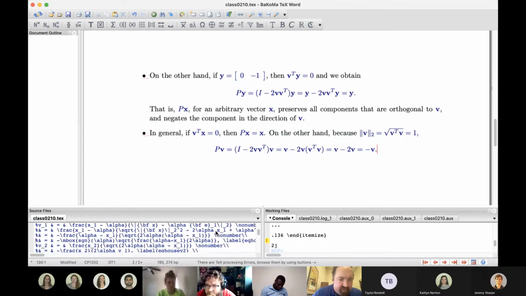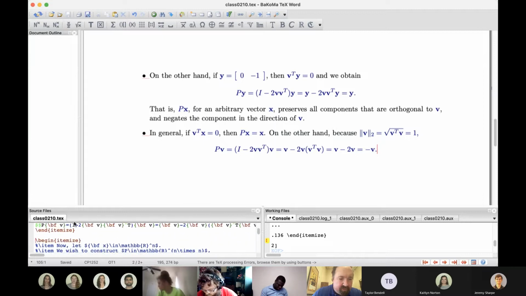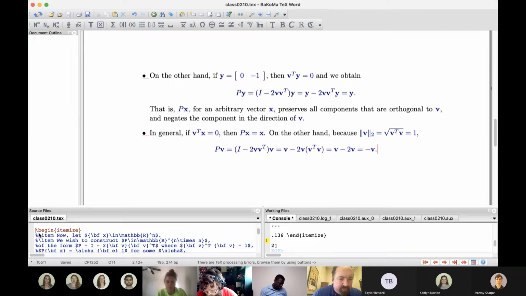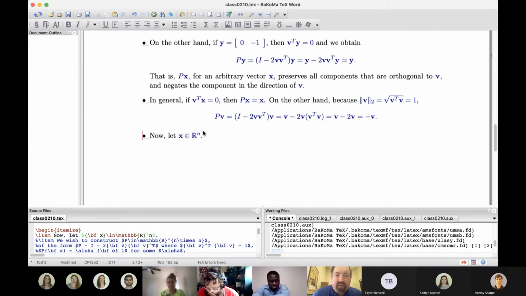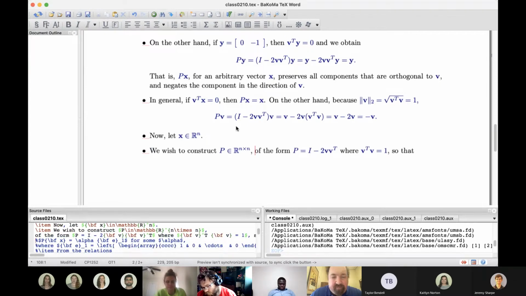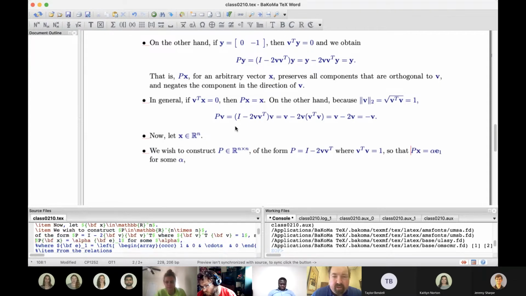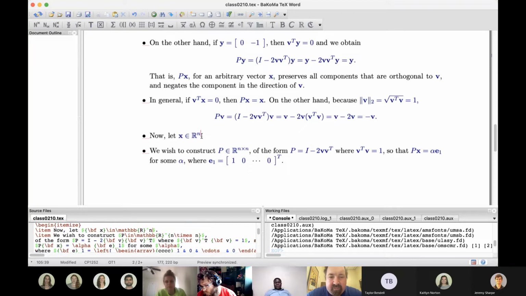Okay. We want to see how this can be used to zero out elements of a column of A to try to reduce it to upper triangular form. So before I move to working on a matrix A, I'm just going to work on a vector X. I want to be able to zero out elements of X. So my goal here as a precursor to QR factorization is if I have a given vector X, I want